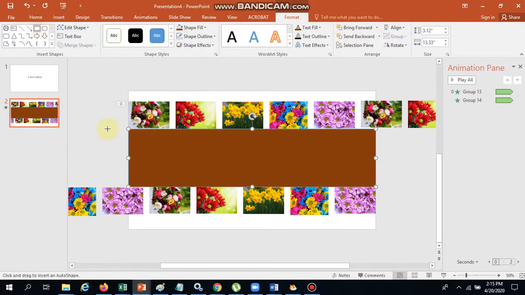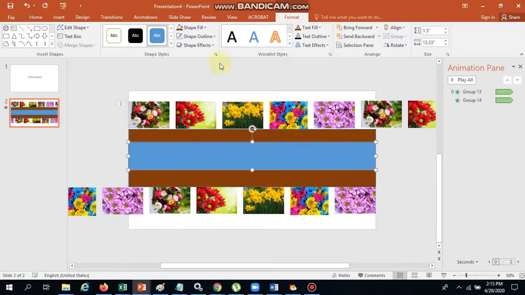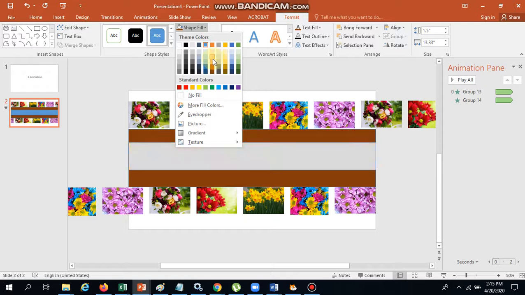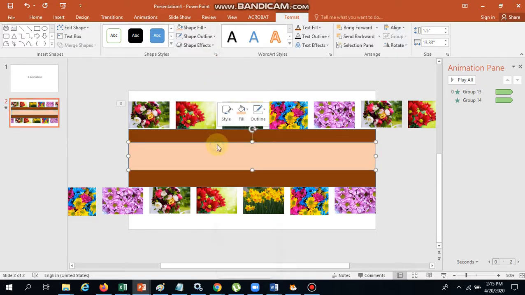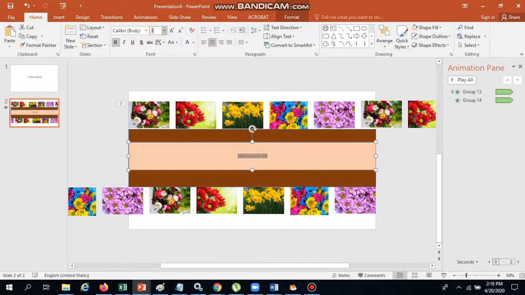Then give one more rectangle shape, with any light colors. Right click, Edit Text, and give something like welcome to all or any message you want to give. Choose a different font size to show it big.